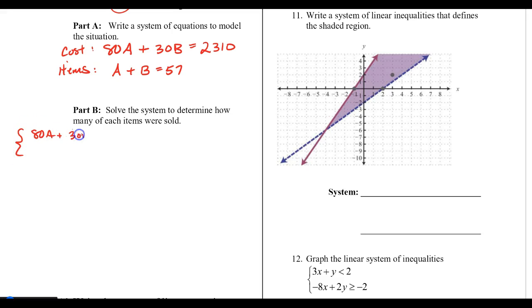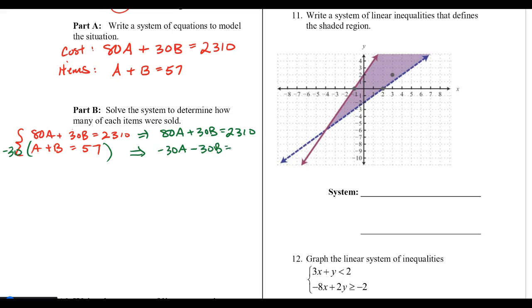80A plus 30B equals 2,310, and A plus B is equal to 57. I'm going to use elimination here. So I'm going to multiply the bottom equation by negative 30. So my two new equations, the top one stays the same, 80A plus 30B equals 2,310, and the new bottom equation is negative 30A minus 30B equals,